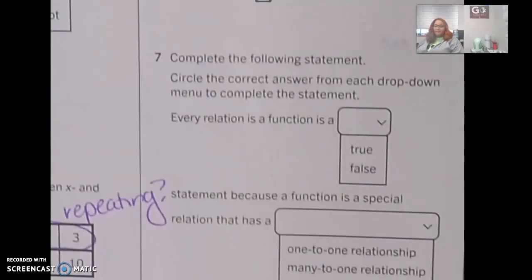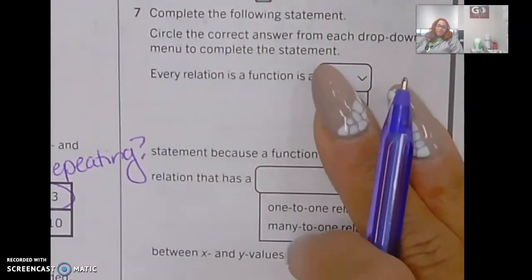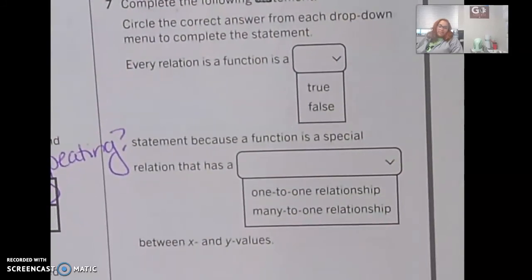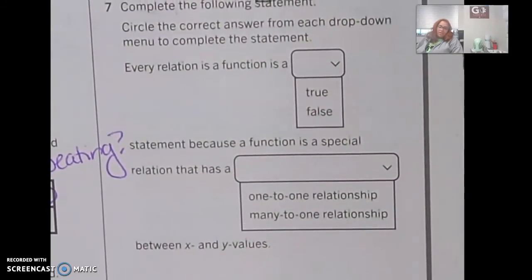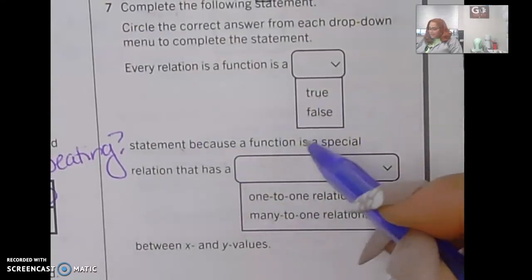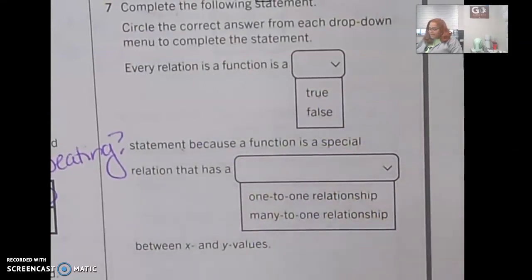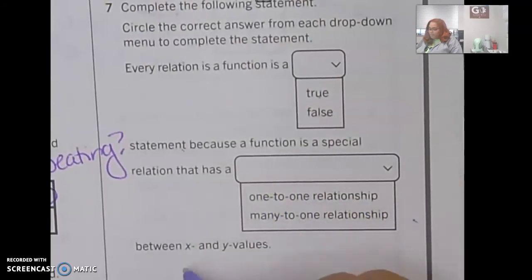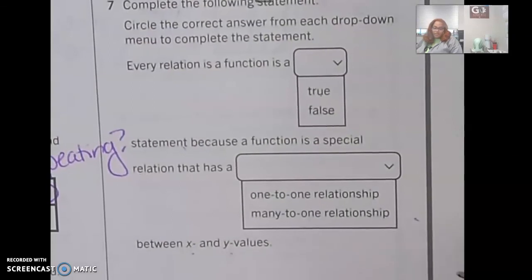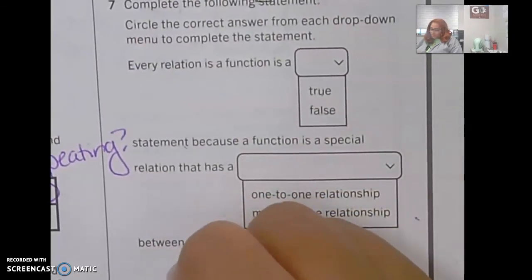And number 7, circle the correct answer from each drop-down menu to complete the statement. Every relation is a function is a true or false statement because the function is a special relation that has a one-to-one relationship or many-to-one relationship between x and y values. Remember, we only want a single